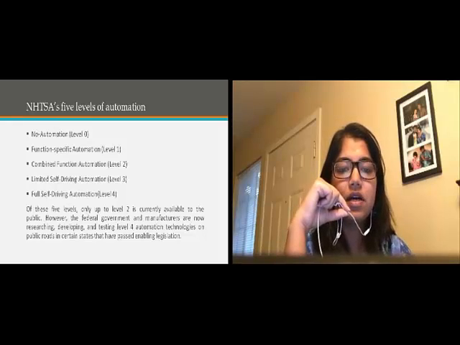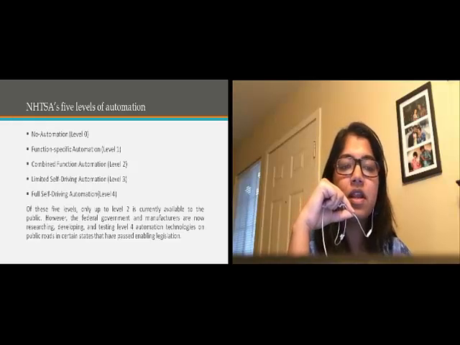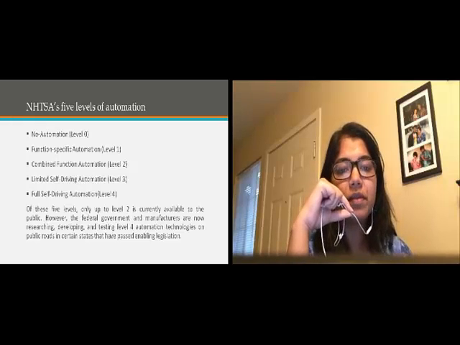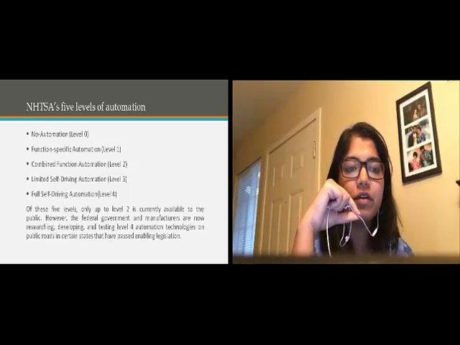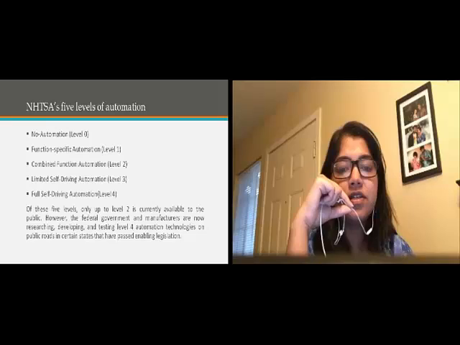The first one is no automation, which is also called level 0. Here the driver is in complete and sole control of the primary vehicle controls like the brake, steering, throttle and motive power at all times. The second level,